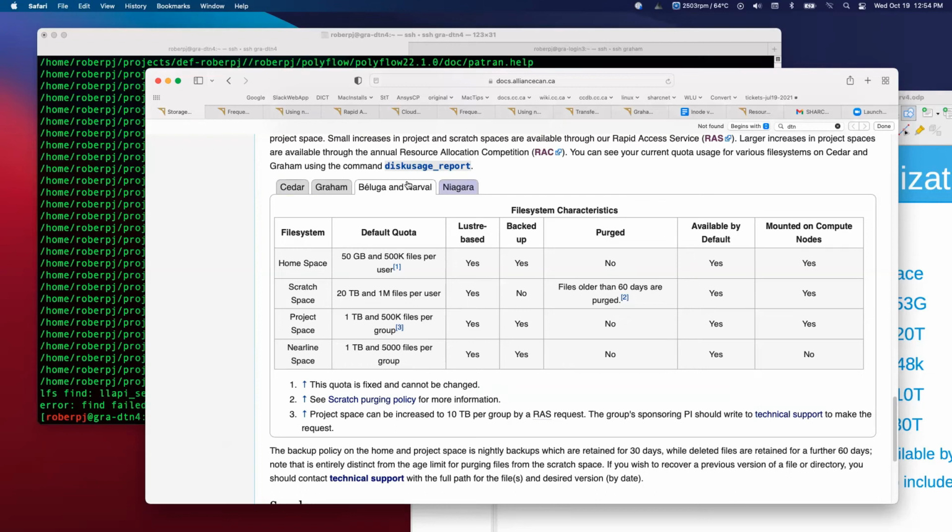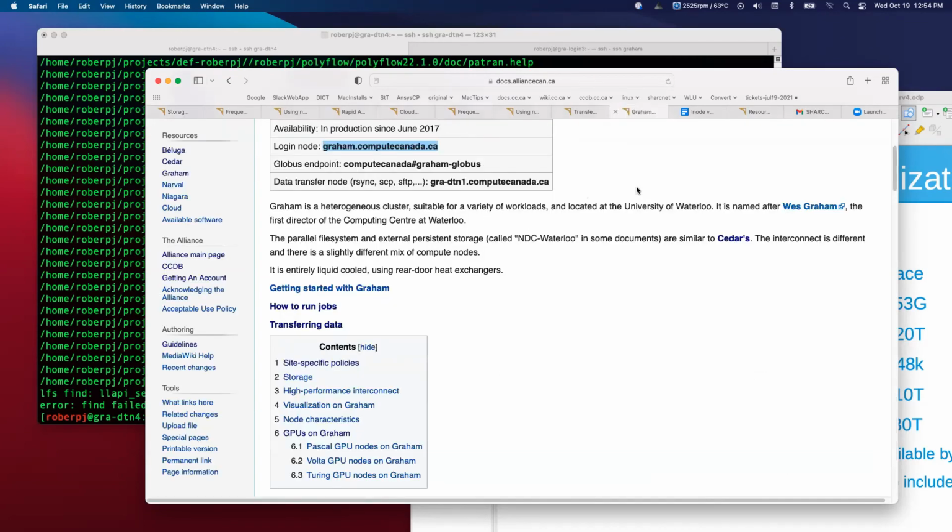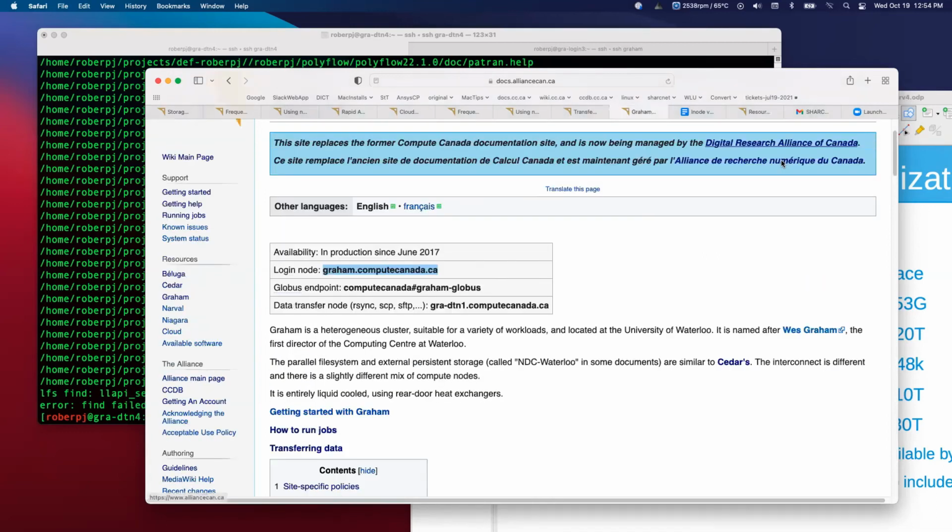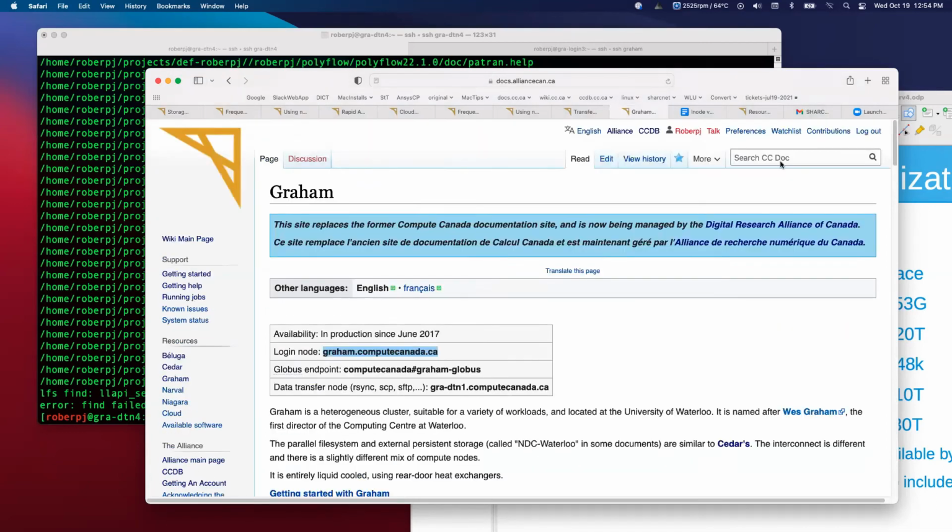So Graham is 10 terabytes default on Nearline, 5,000 files. Cedar's 2, and Beluga and Narwhal only 1. So that's something to be aware of. And that's related to this DTN. The naming of the DTN node is cluster specific. So if I type in Cedar,